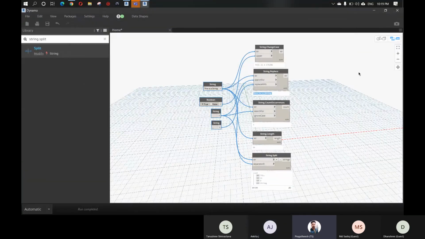Okay. So these techniques could also be very useful if you were importing text format data into Dynamo, which is extremely well organized. Maybe data that uses a comma or a colon to separate the clusters of information. I'm thinking specifically of a CSV format. Maybe you want to input some email addresses in an address book that uses a less than or greater than symbol to denote an address or a hyperlink. So as you can see, Dynamo isn't just for numbers; it can be quite powerful in analyzing and modifying the text data from your project and your BIM models.